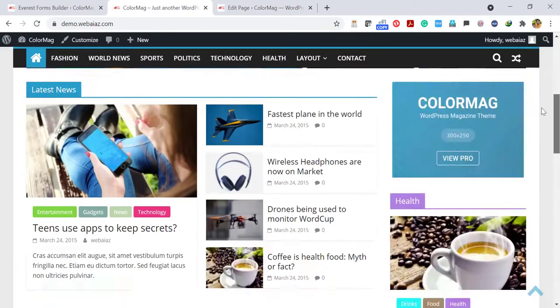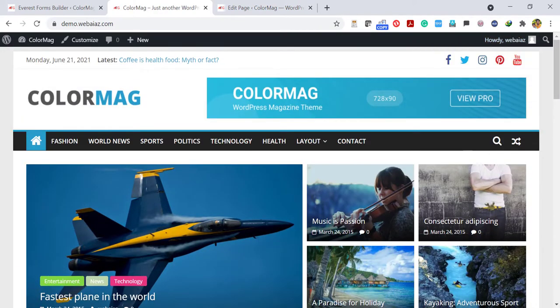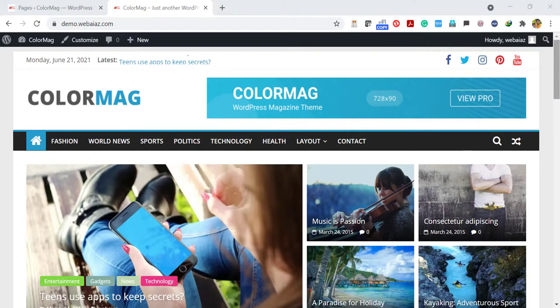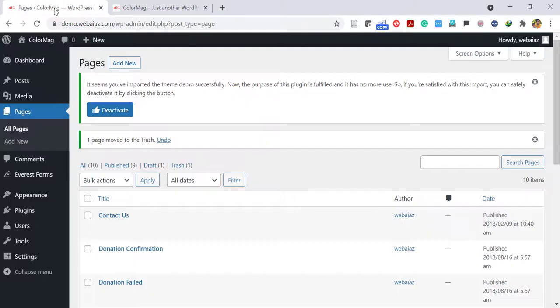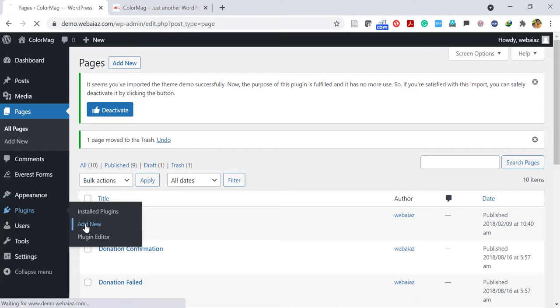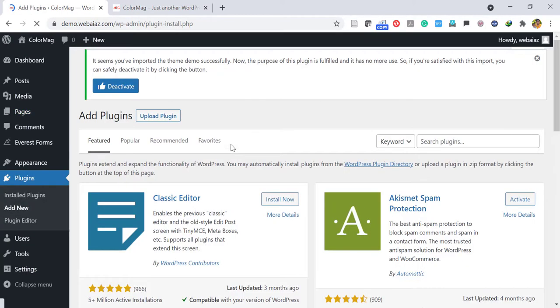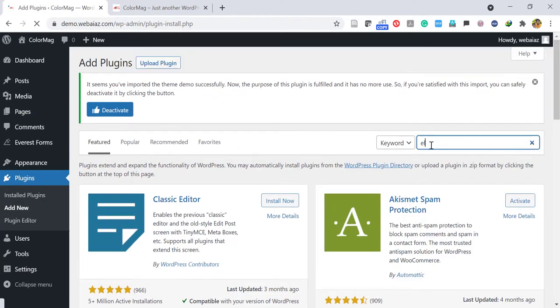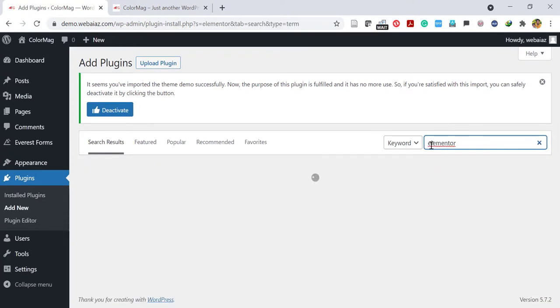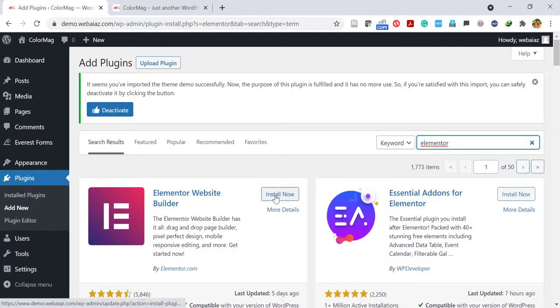Okay, now let's create another page with this menu item. I want to create an About Us page. So how do we create a new page called About Us? For this, you have to install a plugin called Elementor. It is very easy to create pages with Elementor. So just click plugins and click add new, and in the search bar type Elementor and it will display Elementor. Just click install now, it will automatically install,